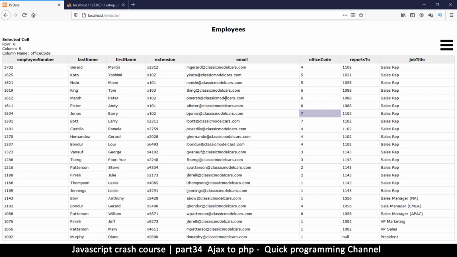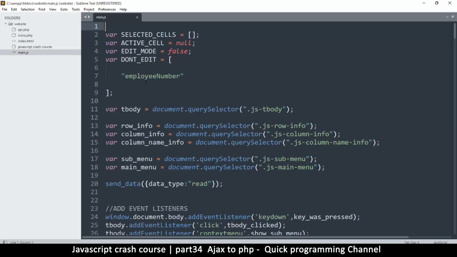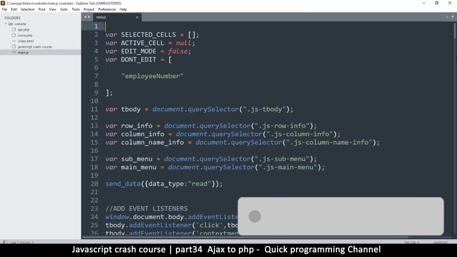So we're almost done with our project here. The only thing remaining is to save our data. Once we are able to do that, that'll be it. Okay, so here we already created the save data button. And once we hit save, if we go to our JavaScript here,